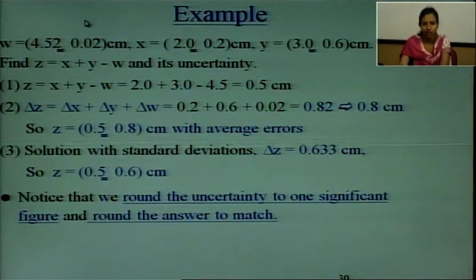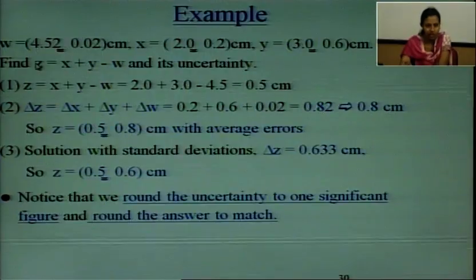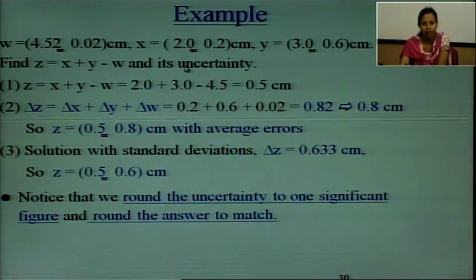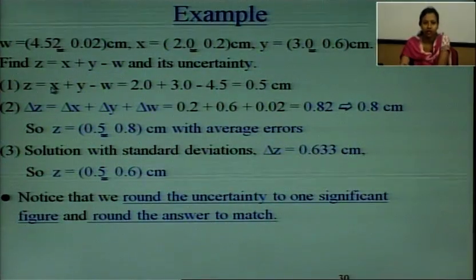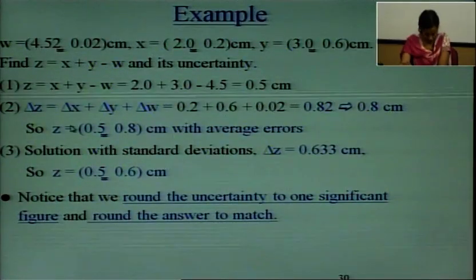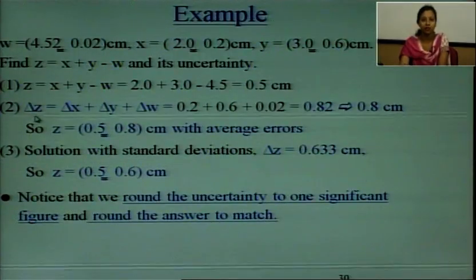So next is the numerical related to this. Here W is equal to 4.52 plus minus 0.02 centimeter. So these are three measurements, W, X and Y. We need to calculate the value of Z, which is equal to X plus Y minus W, and its uncertainty. X is 2, Y is 3 and W is 4.5. So the value of Z is equal to 0.5, while the absolute error in the measurement of Z is equal to